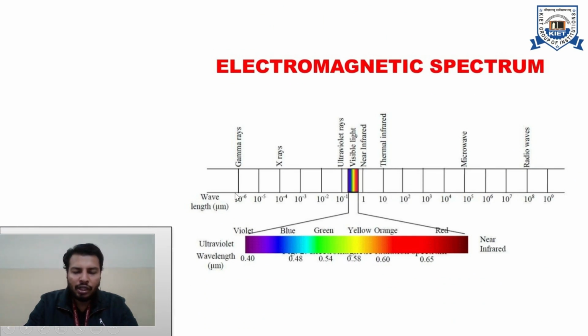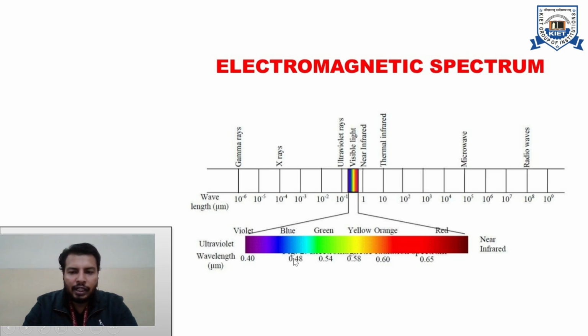This is a band in which classification is done depending upon the wavelength. We have plotted the scale based upon wavelength, so the lesser the wavelength, the earlier it is placed on the electromagnetic spectrum. Initially we have gamma rays, having the least wavelength. After gamma rays we have X-rays, then ultraviolet rays. After the ultraviolet rays we come to the visible band, or visible light. In visible light we can classify as VIBGYOR: violet, indigo, blue, green, yellow, orange, red.